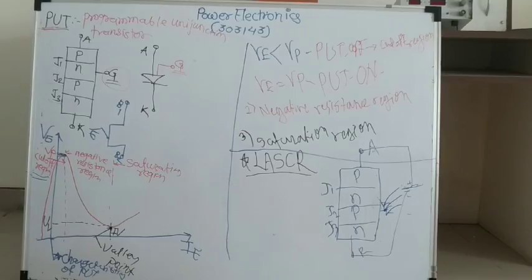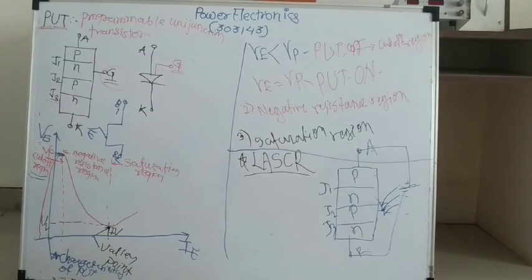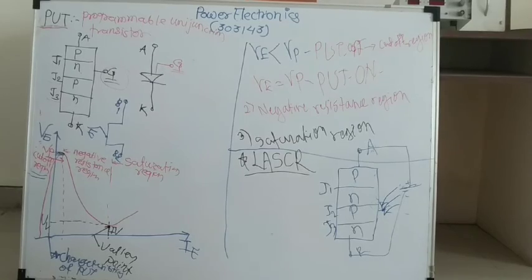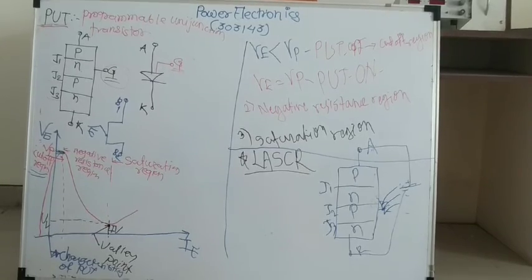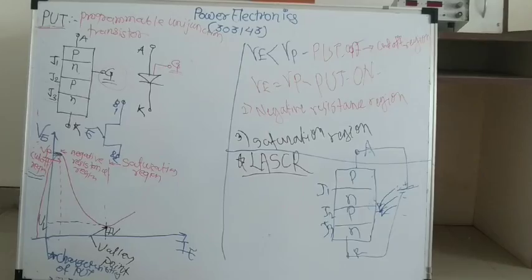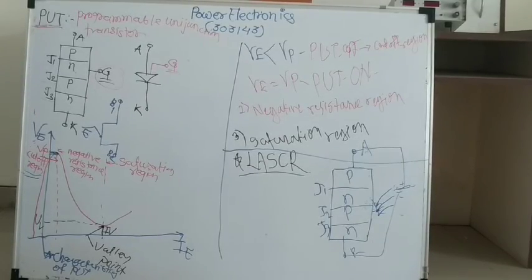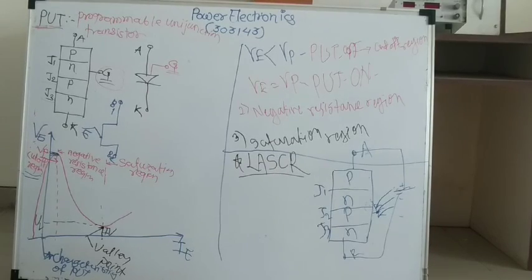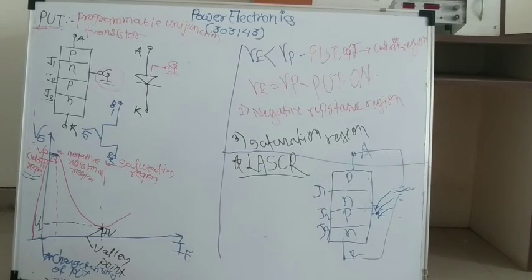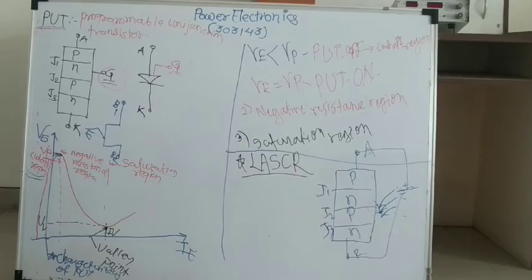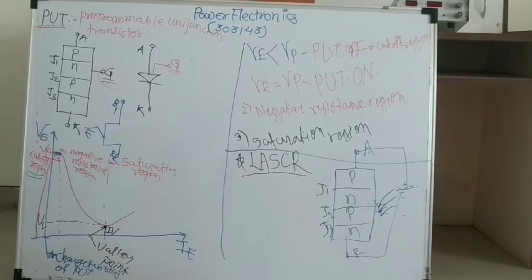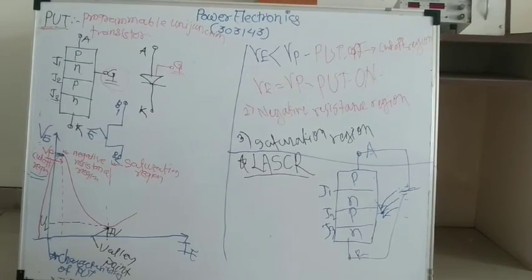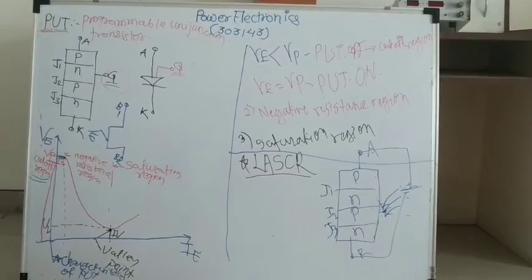Here, instead of a gate supply, we provide photons on this junction J2, and in SCR we connect the gate terminal to the battery or to the supply. All other points are the same, that is its characteristics and its working principle. All points, its junctions, number of junctions, number of layers, number of terminals, will be the same for the SCR and